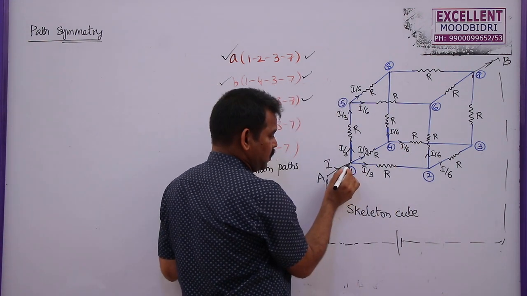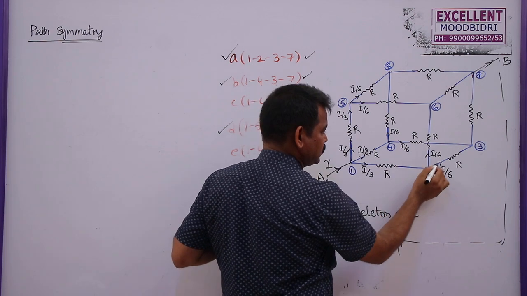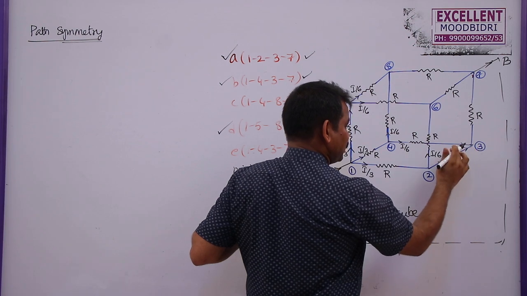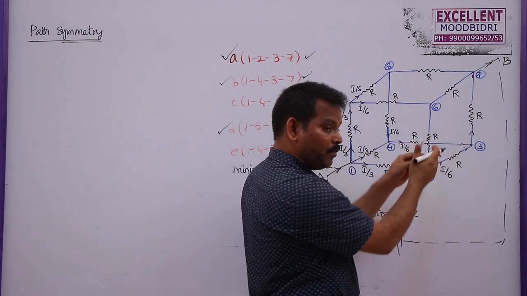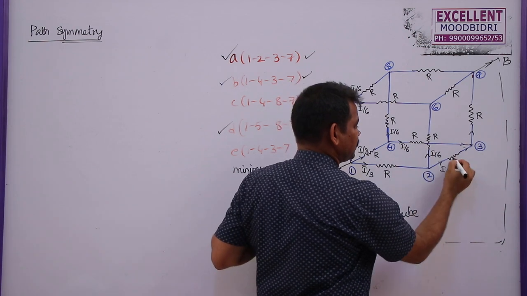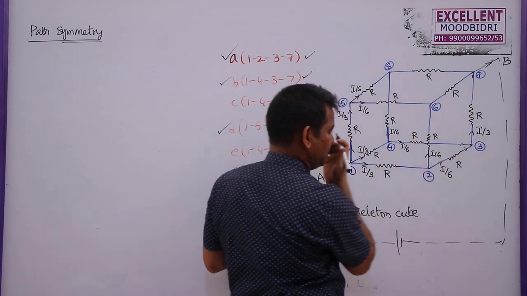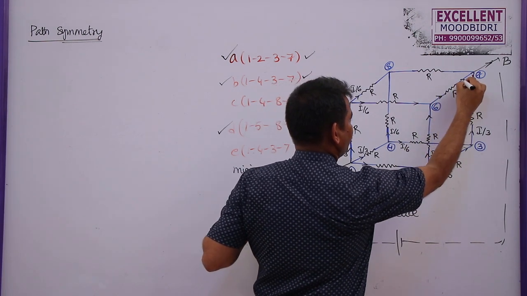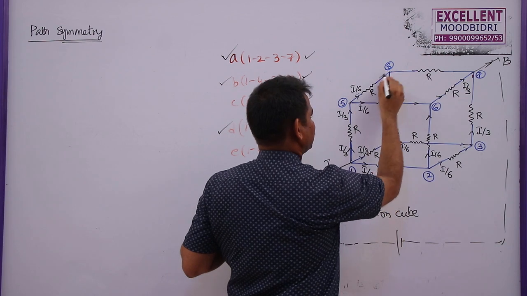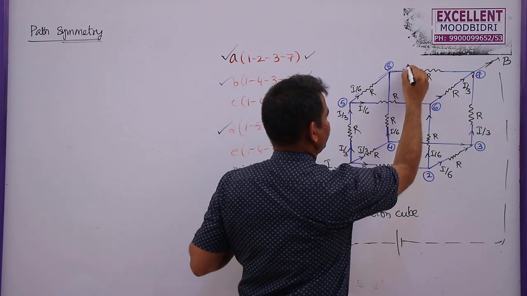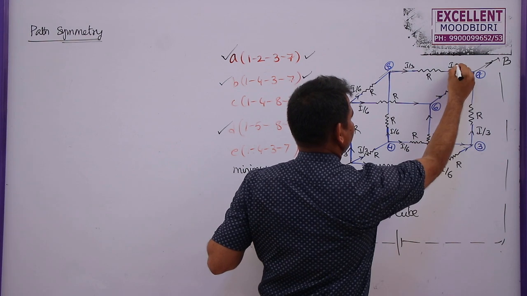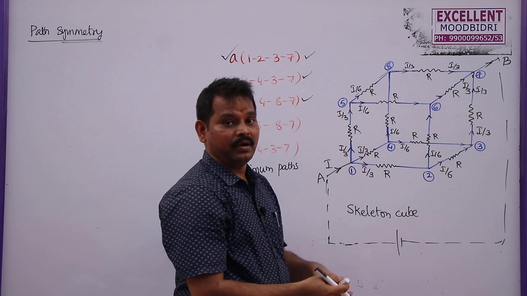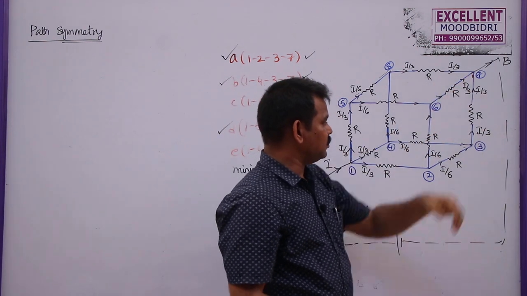You see, this current I by 3, after dividing into I by 6, will come here. This I by 6 will come here too. As these two are meeting at this point, they combine to give a single current. So I by 6 plus I by 6, once again this will become I by 3. This I by 6 and this I by 6 will likewise become I by 3, and the same for the third pair. So now all these 3 currents are I by 3, I by 3, I by 3. And if you add them, once again this will become I.